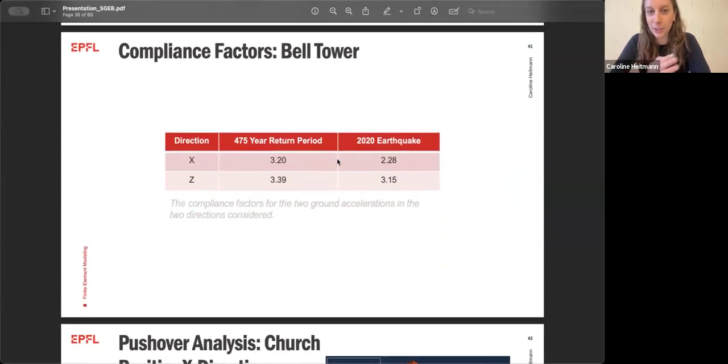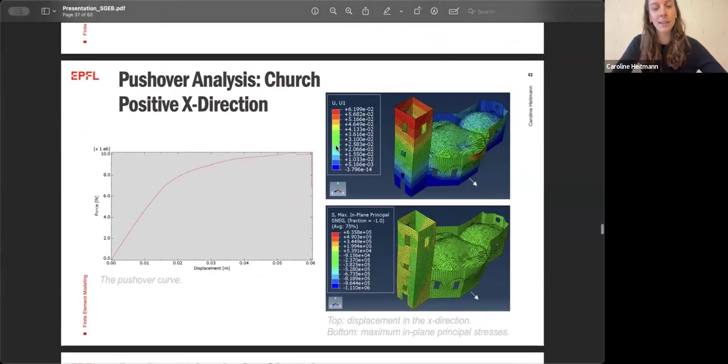which is reflected also by its compliance factors, showing that the bell tower obviously would not be isolated completely, but it is still meeting its stability requirements. Although I do want to point out the severity of the 2020 earthquake in the sense that its compliance factors are significantly lower compared to our 475-year return period. And then now looking at the church, looking in the positive X direction, I thought these results